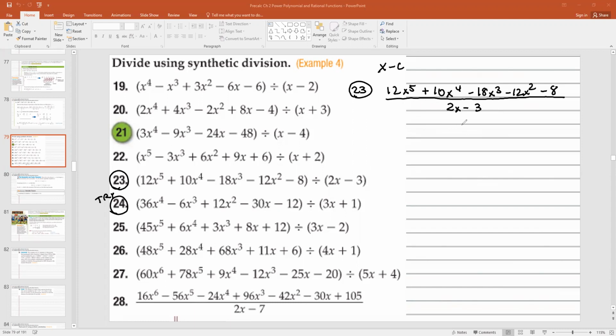So what I'm going to do is divide this thing by 2, because I want to make this coefficient 1 to make it like this, to make it x minus c. So in order to do that, I'm going to divide everything by 2. And then when you do, we end up getting